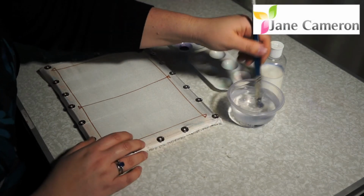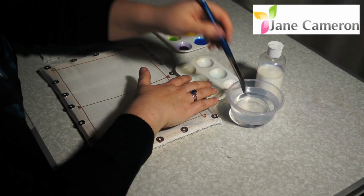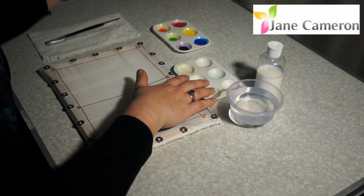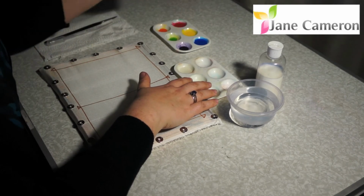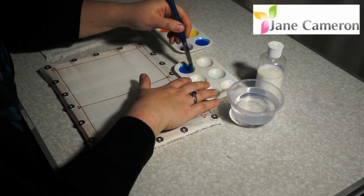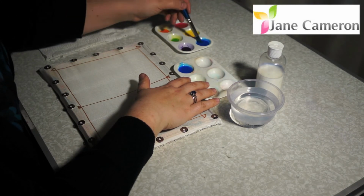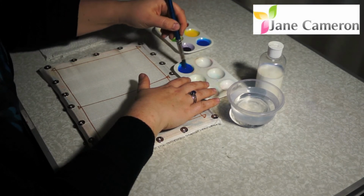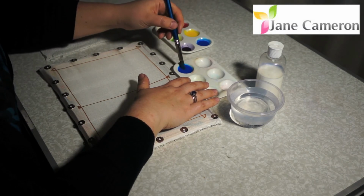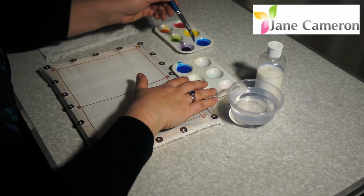Okay, step one, take some water, pop it in your palette. And then I'm going to do my usual, which is lightest colour first, so the clear is my lightest colour, and I'm going to do it blue. And if I want a nice bright blue, then I'll mix it about 1 to 1. So the same amount of water as I've got the paint, because that will help it to run across the silk. There we go. It will obviously make it a bit lighter,